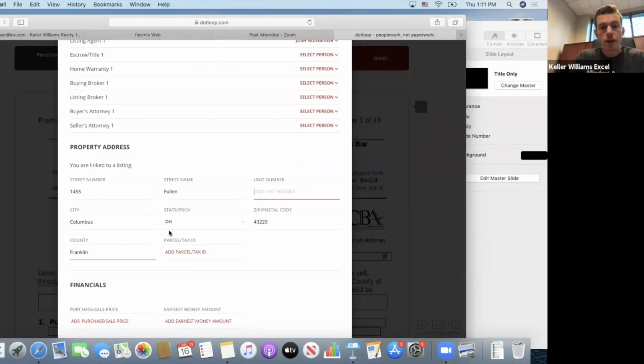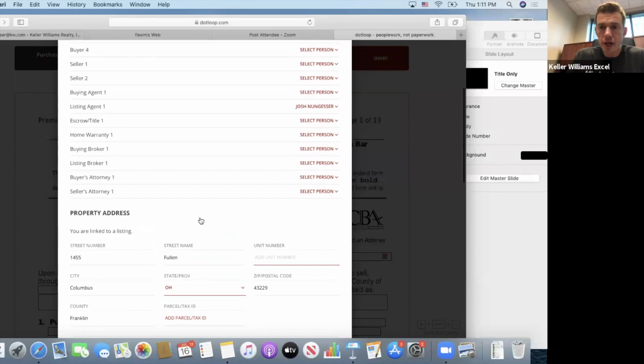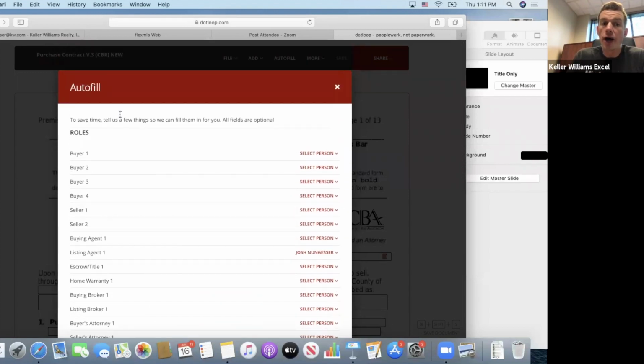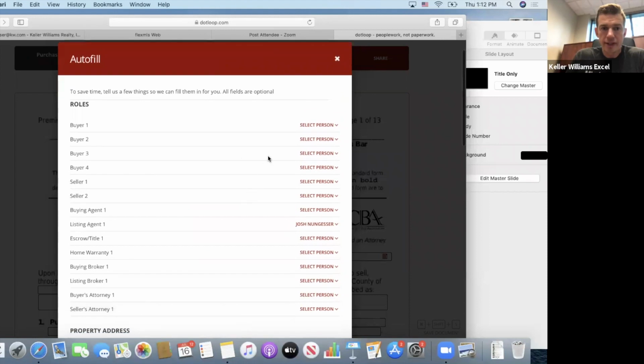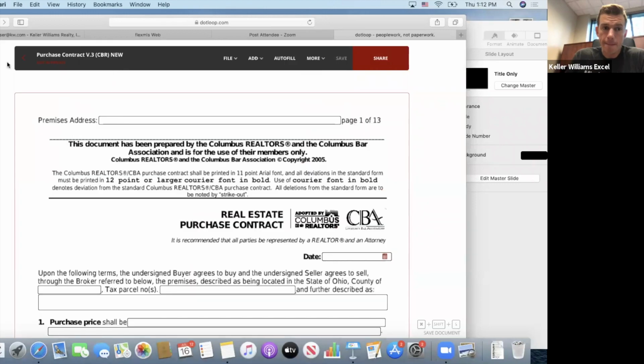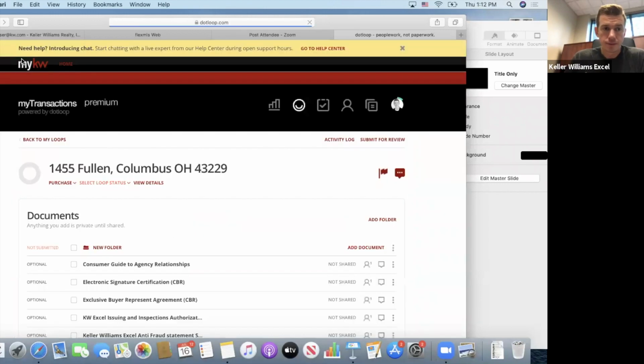All right. When I click on purchase contract, it's going to ask if I want to auto-fill some stuff, which I definitely do. It's going to make the contract writing a little bit simpler. Now I've gotten a little bit ahead of myself because when it says buyer 1, nobody shows up. I should have already put some information in here. So I'm going to close out of that and go back, and I apologize for this. In the loop,